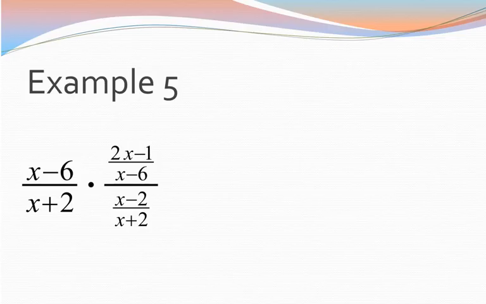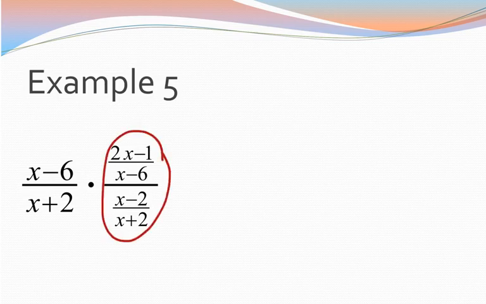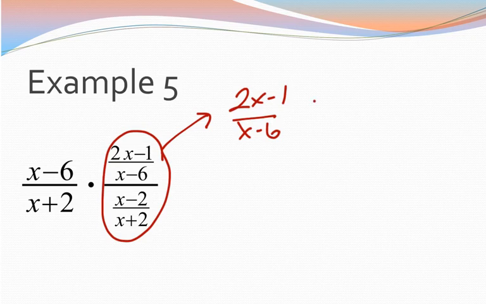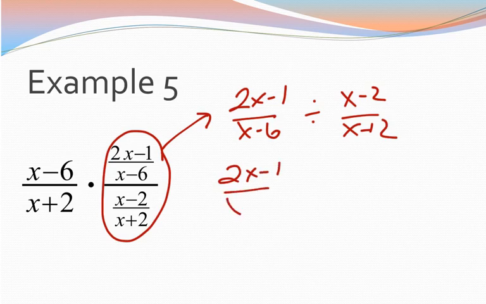Okay, example 5. This one has a multiplication problem and it has a division problem as well. So this one's pretty complicated. There's a lot going on. You kind of want to pick what you're going to do first. The first thing I would do is take this fraction right here and simplify that one. So I'm just going to concentrate on that first. So I'm going to have (2x minus 1) divided by (x minus 6), divided by (x minus 2) over (x plus 2). So if I write that as a multiplication problem,